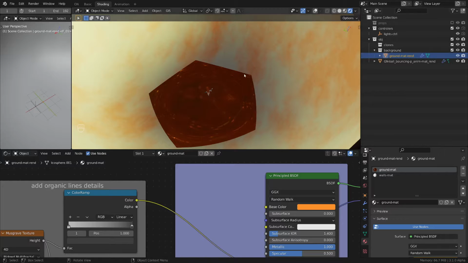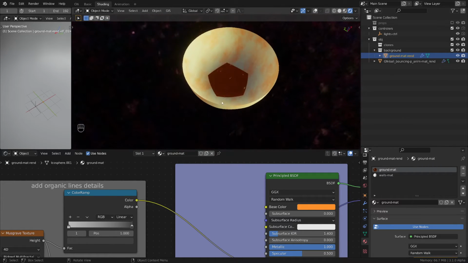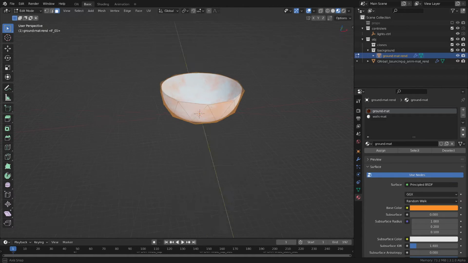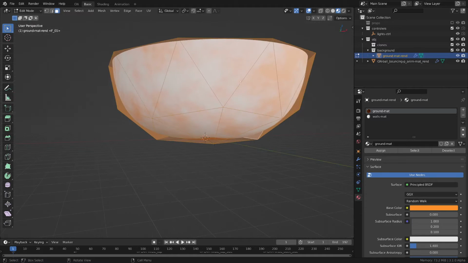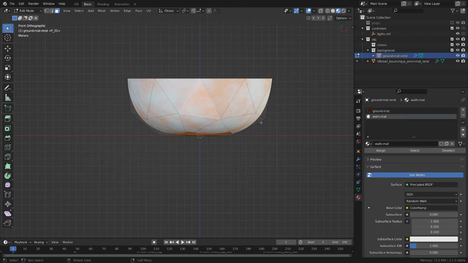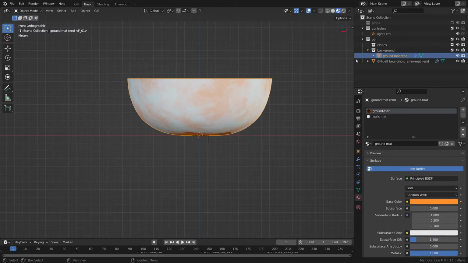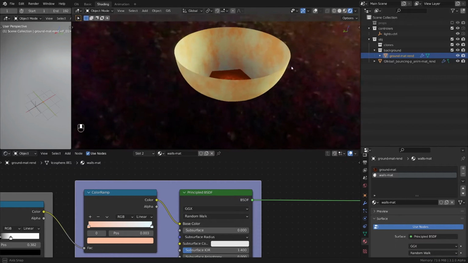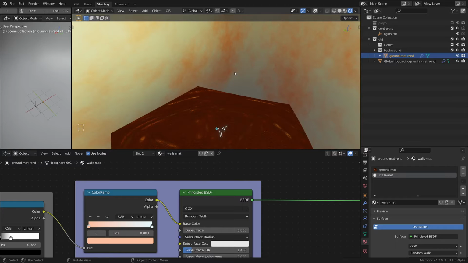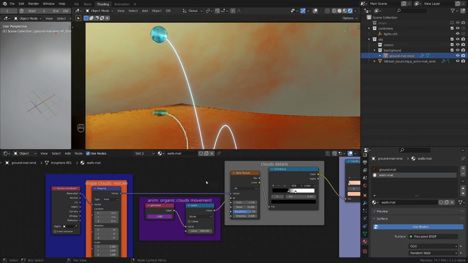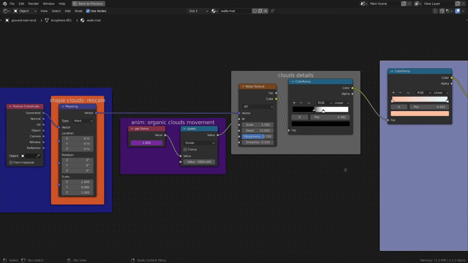If we go to the ground material, this is a little bit interesting. It has two materials, and I achieved this by, if we switch to the edit mode, I selected some vertices and then I assigned the material to them and the other to the other material. So we have two materials, and the first material, the ground material, is a little bit more complex. The one that it's basically simulating some sort of a sky with clouds. The wall material has this setup that you can see here,